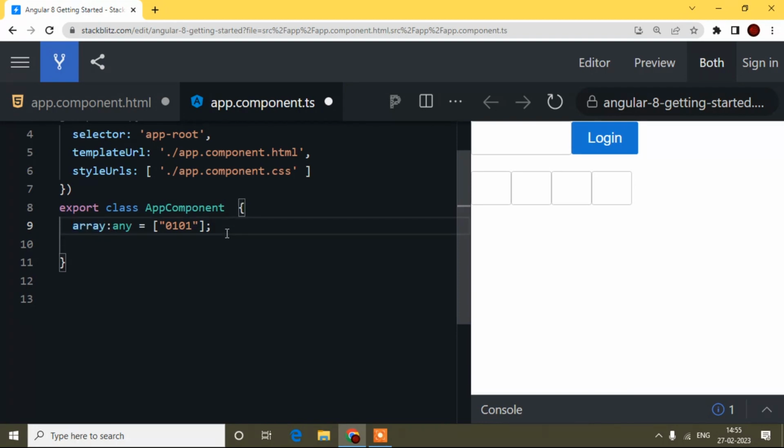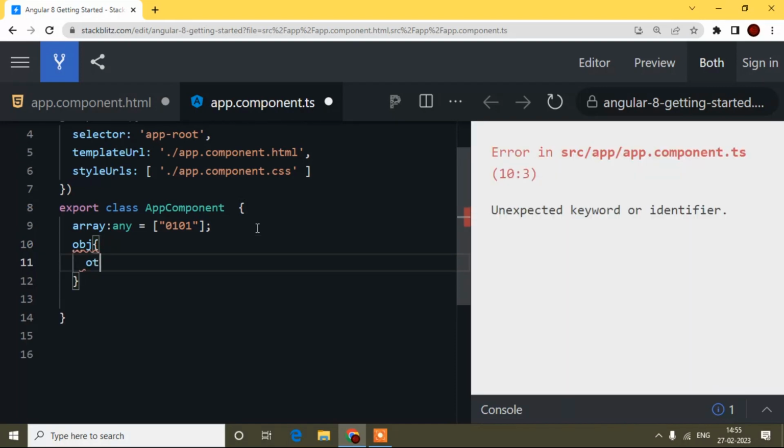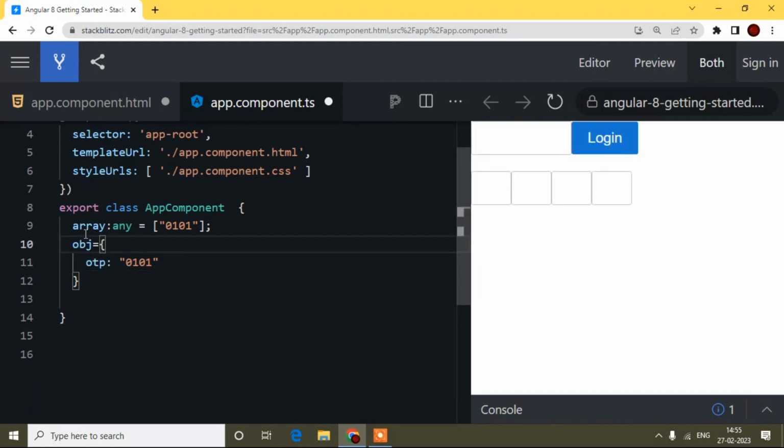Here I am not showing the API fetch because I already have some tutorials about API in the MinStack tutorial. You can see how to get an API, how to send data like this. Here I will just show you how to auto fetch the OTP. You can receive the OTP like this, or you can get it in object format. Any format you can receive. As I already said, it depends on your backend developer how he will send it.